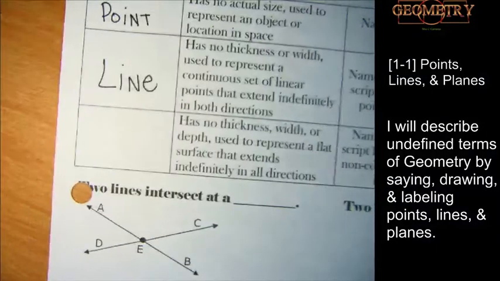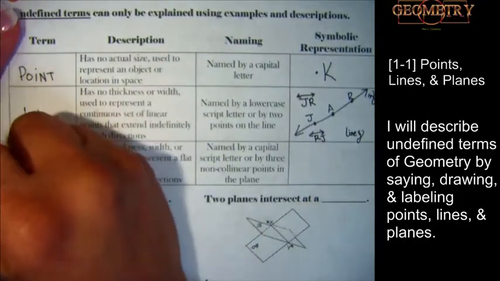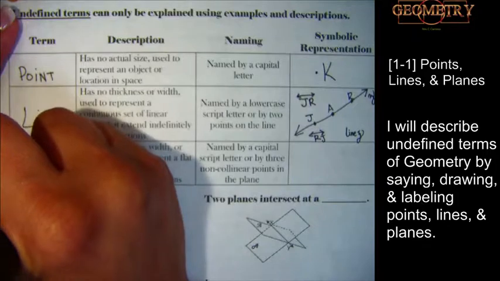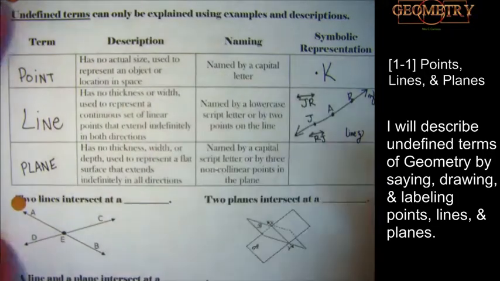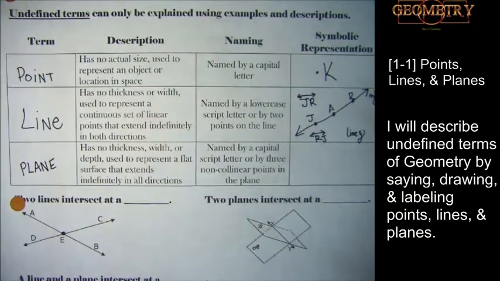All right. The third undefined term is the word plane. Not an airplane, a plane. A plane has no thickness,